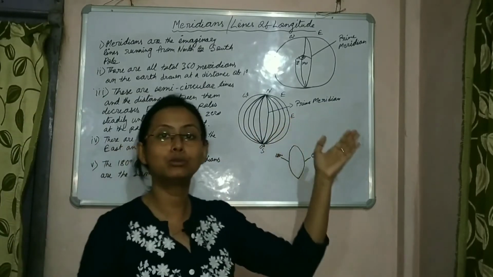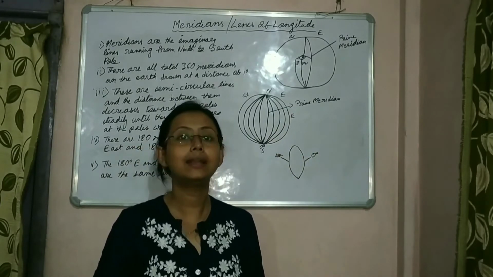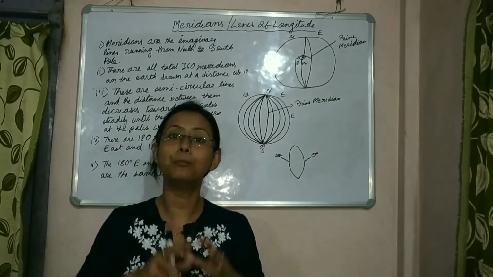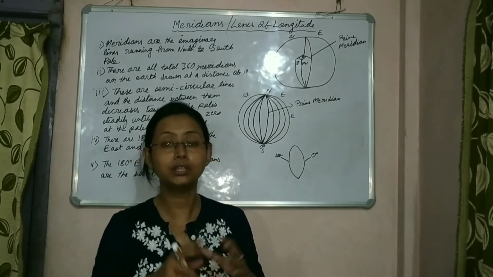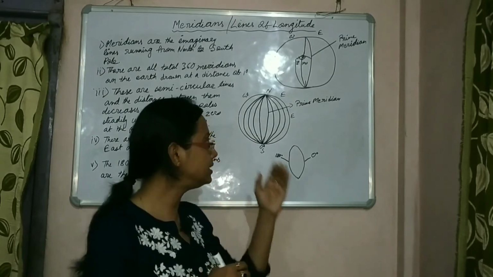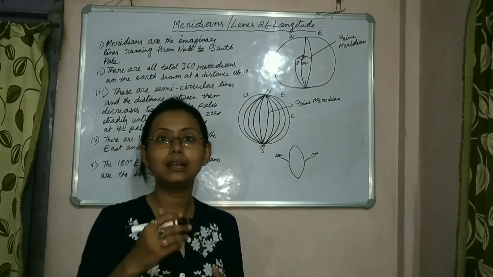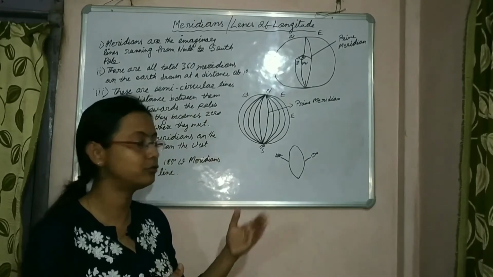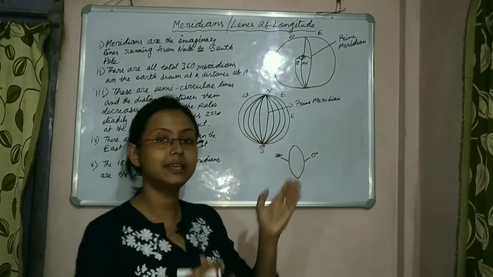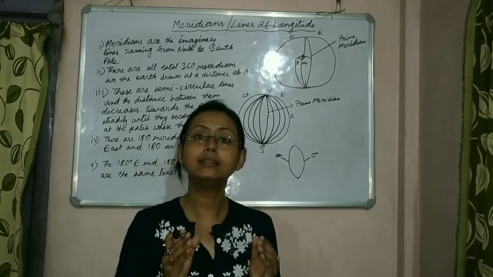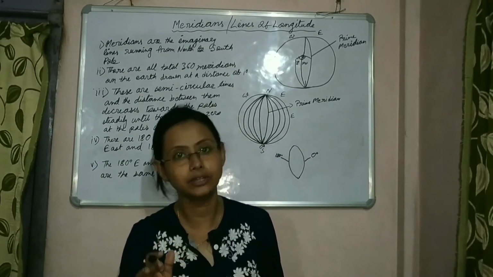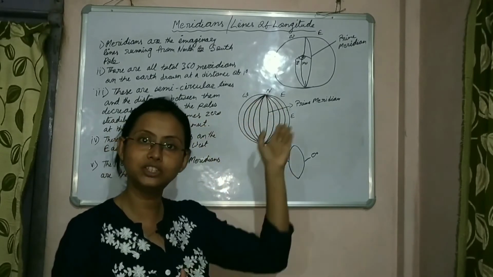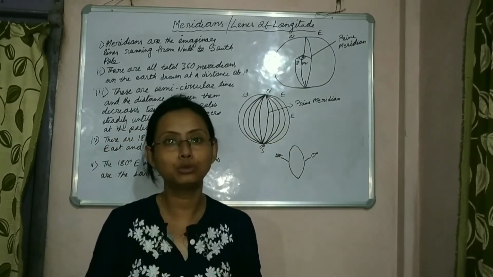We have also discussed how to measure the distance between them. And another thing to mention here is that the distance between two meridians is found to be maximum on the equator or in the equatorial region. And all these meridian lines and parallel lines intersect each other, which we will discuss after this part. So all the meridians have the maximum distance between each other in the equatorial region, almost 111 kilometers. But as they move towards the polar regions, towards the two poles, their distance continues to decrease.